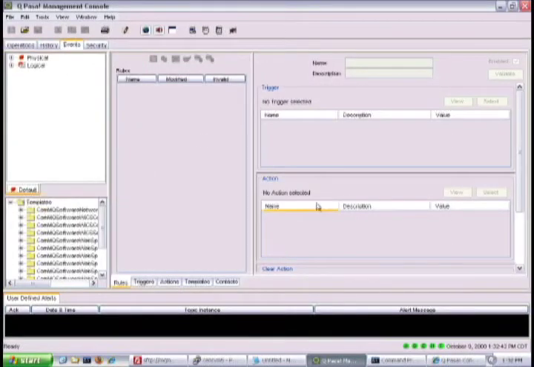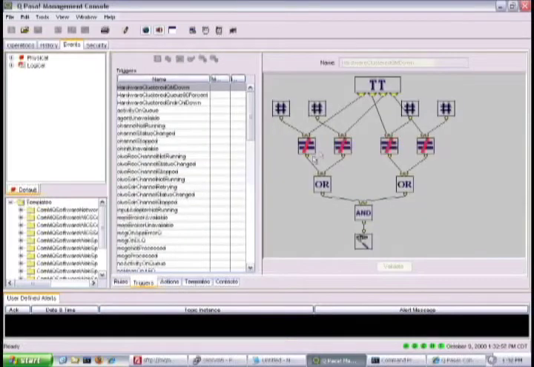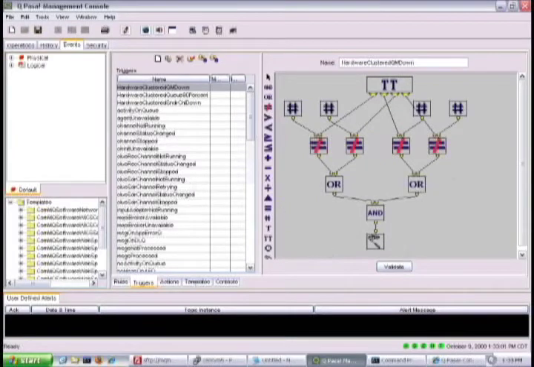Now, each QPasa event is made of two things: a thing that we're looking for and a thing that we want to do in response to that. The thing that we're looking for is called a trigger, and the thing we want to do in response is called an action. Now, first we're going to create the trigger. Triggers and actions are created separately because they're reusable, and we can reuse them in multiple different templates, events throughout